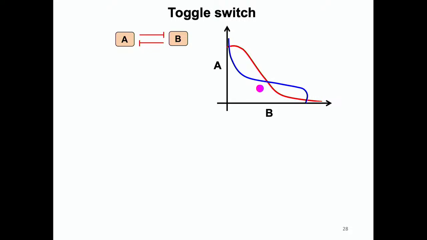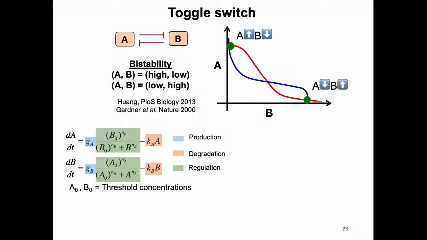This is just more explanation of the toggle switch. We have already discussed that. You could write down this set of equations similar to what I wrote down here. You could just add more variables to increase your parameter space. So there's a rate of production, there's a rate of regulation, and then there's a rate of degradation. And again, these are the nullclines, how A changes with B, how B changes with A. This is the unstable state, and these are the 2 stable states, A high, B low, and A low, B high. Okay.